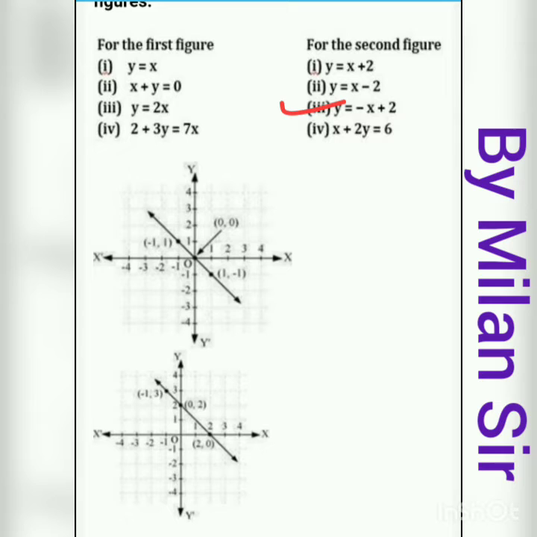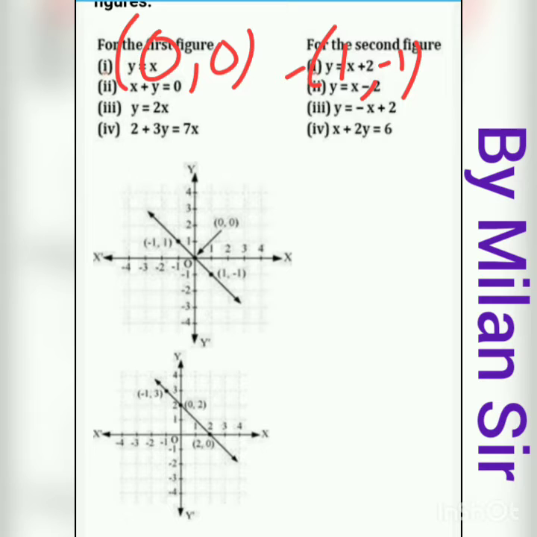Okay, now we have one more method to directly find the linear equation. Okay, we do not need to check the values, but we can directly find the linear equation. Okay, for that we require 2 points which lie on the line. So here I select two points, 0 0 and 1 minus 1. Okay, 0 0 and 1 minus 1.